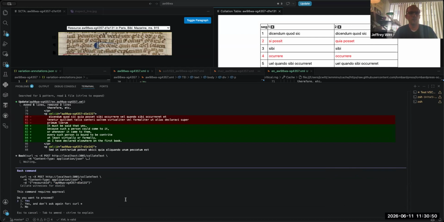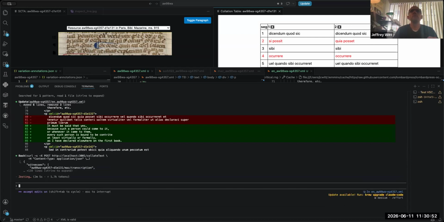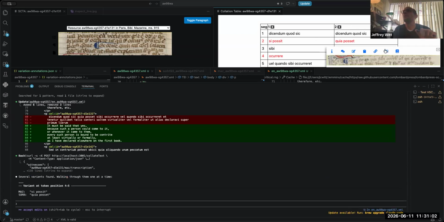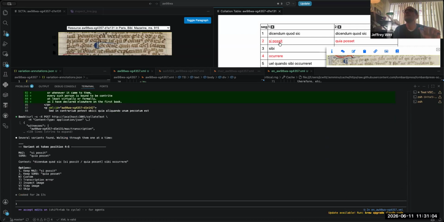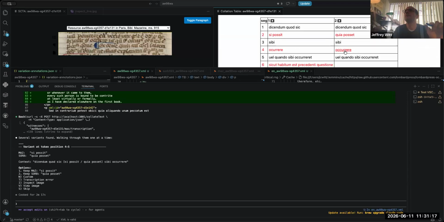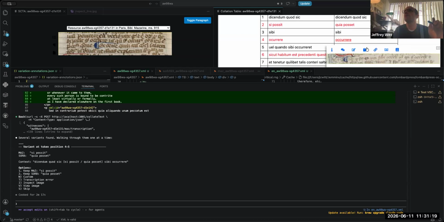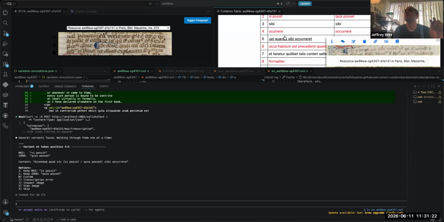Okay, and now we're going to get our variant list. I can already see some, so I'm going to start checking them. Quia posset versus posset. Okay, and just an orthography check. Occurret, occur. That should be